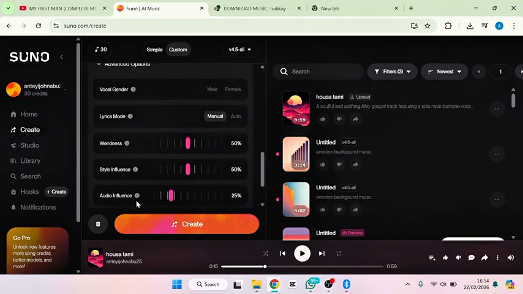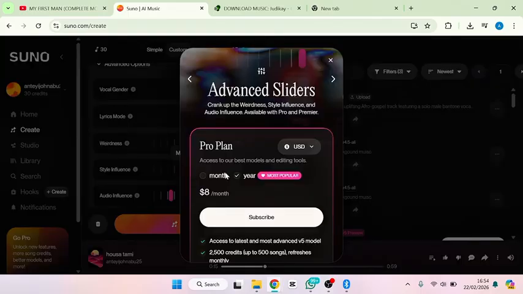And also this audio influence, I highly recommend you take it to 100%. So with that, your voice is going to overshadow everything of the AI. All right. But the downside is the fact that for you to have this, you need to subscribe to their AI Pro plan, right? So now let me try so that you see what is going to happen. You see that they say advanced sliders.